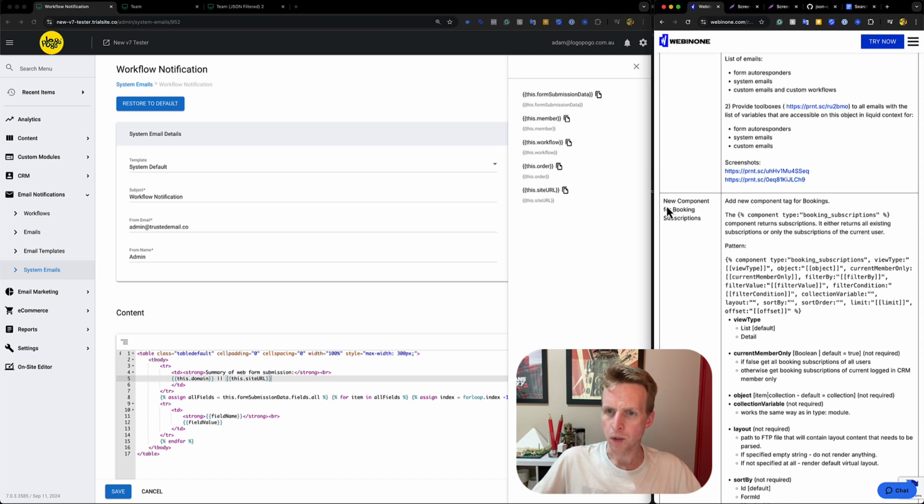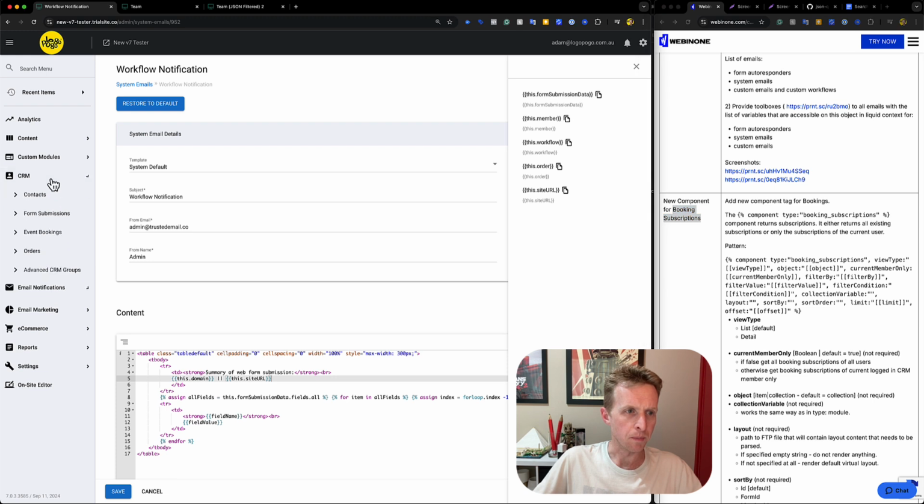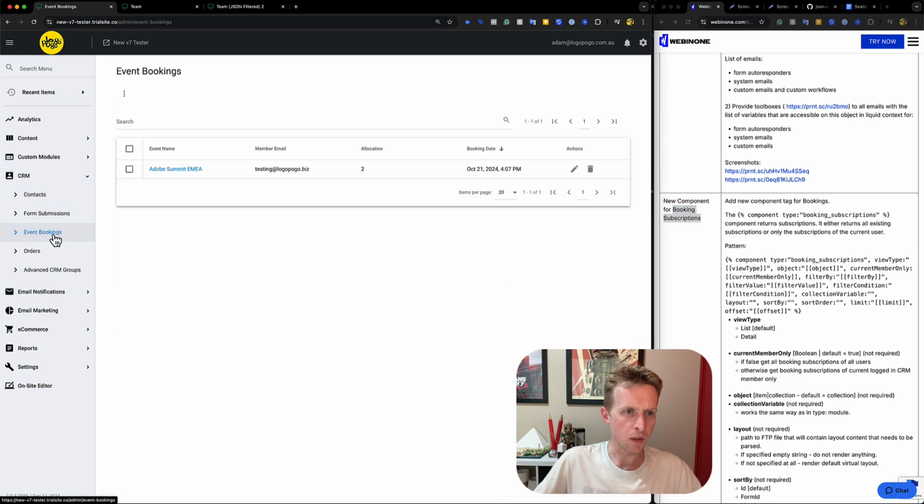Okay, next we have the new component for booking subscriptions. So this is something that was missing, where if you had event bookings and they're coming into the CRM in here, event bookings, there wasn't any actual way to render those on the site like we could for cases or form submissions. Orders we could render out through a component tag, and contacts we could do that as well. But there just wasn't a component